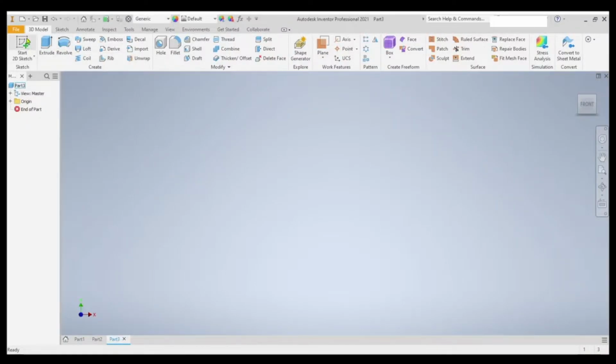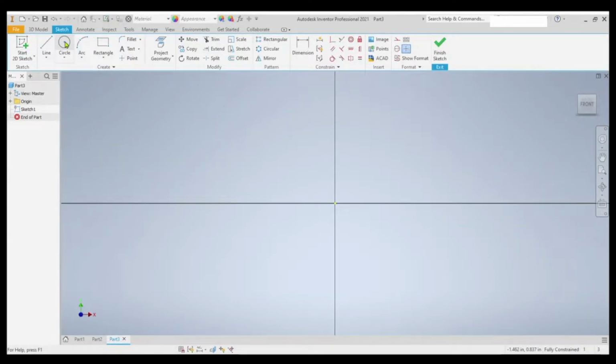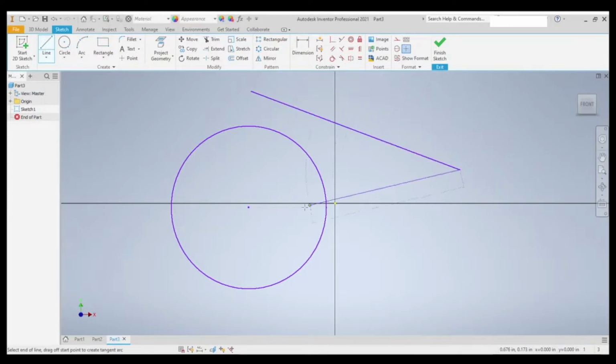So I have Autodesk Inventor opened up here. I'm going to start a 2D sketch, as you can see on the top left. Choose the XY plane. And to show you how the tangent constraint works, first I'll make a circle. Now here's a line. So as you can see, this circle and this line, they're not meeting, they're just randomly